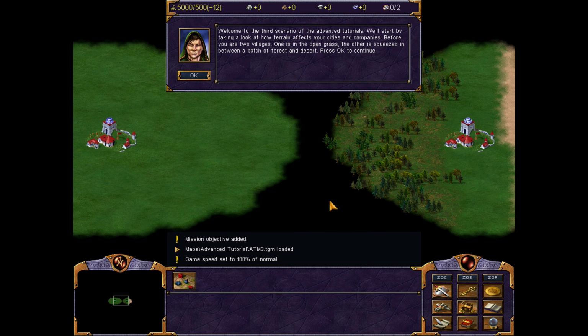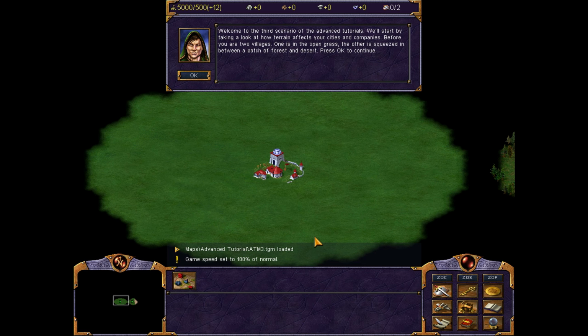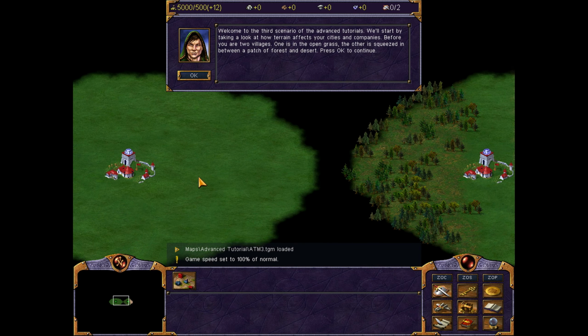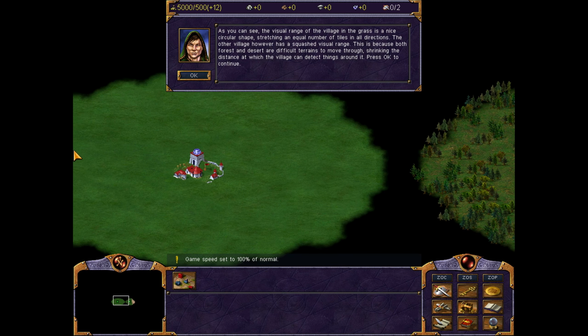Welcome to the third scenario of the advanced tutorials. We'll start by taking a look at how terrain affects your cities and companies. Before you are two villages. One is in the open grass. The other is squeezed in between a patch of forest and desert. Press OK to continue. As you can see, the visual range of the village in the grass is a nice